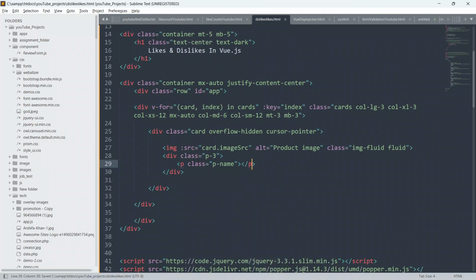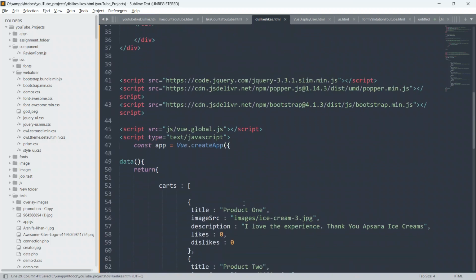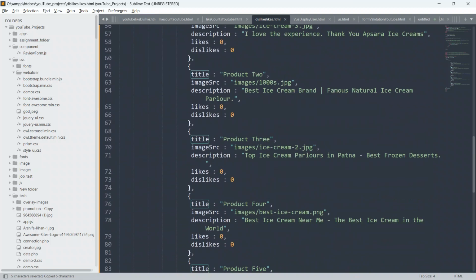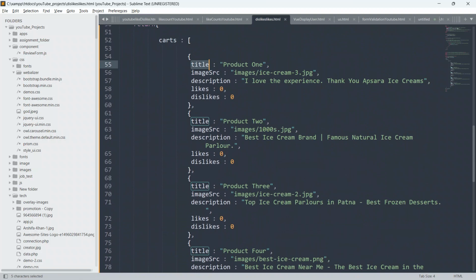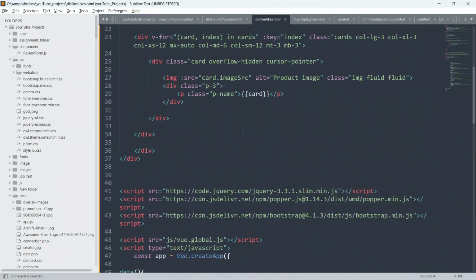So close this p, and I am gonna put here double curly braces, and put this card variable from here, and put title. We have got the title on each and every element. So copy this title from here and put dot and paste it.